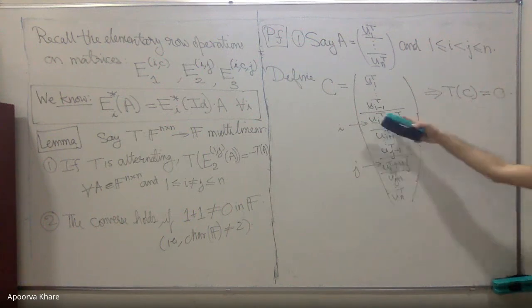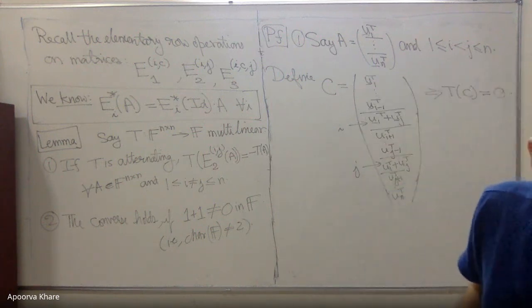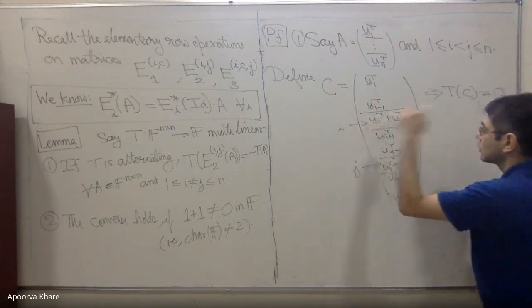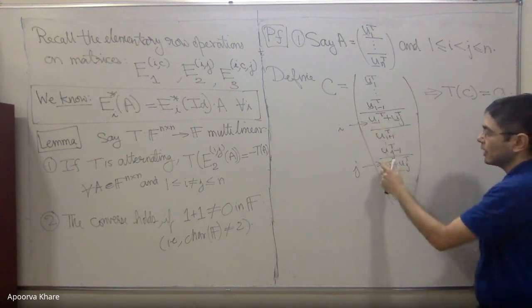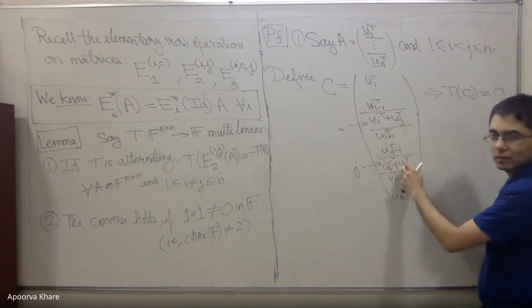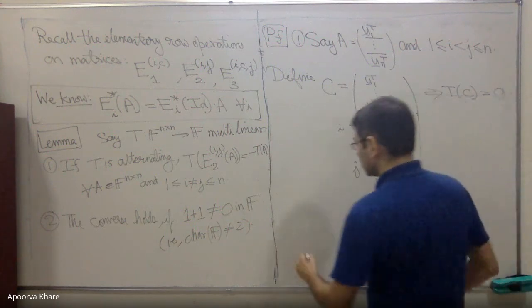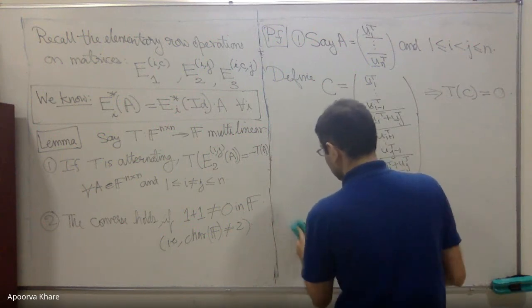Because the two rows are identical. On the other hand, because T is multilinear, you can expand, right? The T of C is equal to, it's like saying (A plus B) times (C plus D), right? So it's T of A comma A plus T of A comma B plus T of B comma A plus T of B comma B. On the other hand, also by multilinearity,